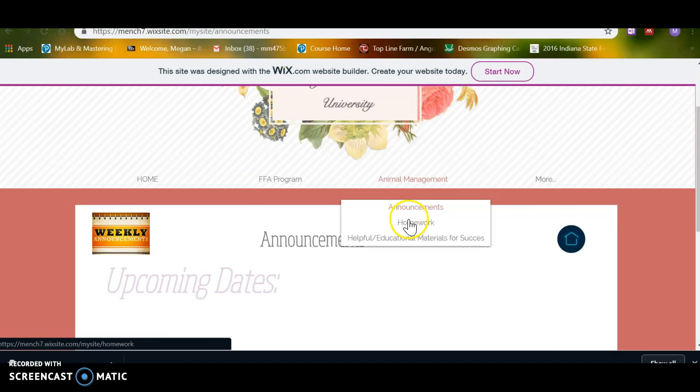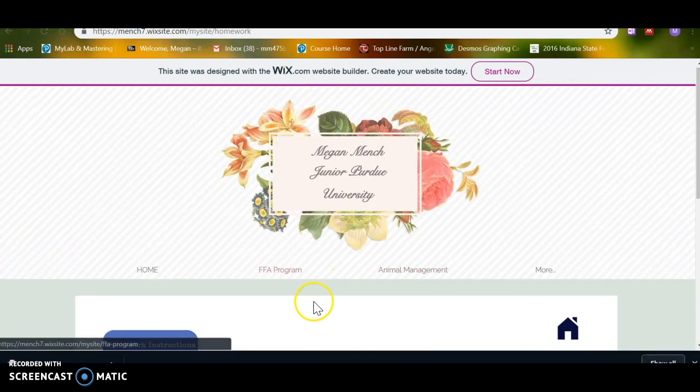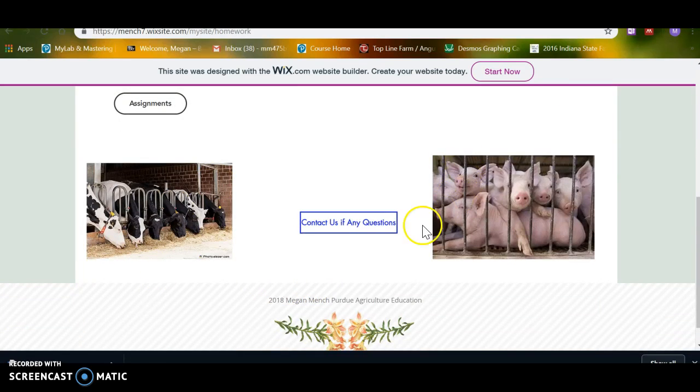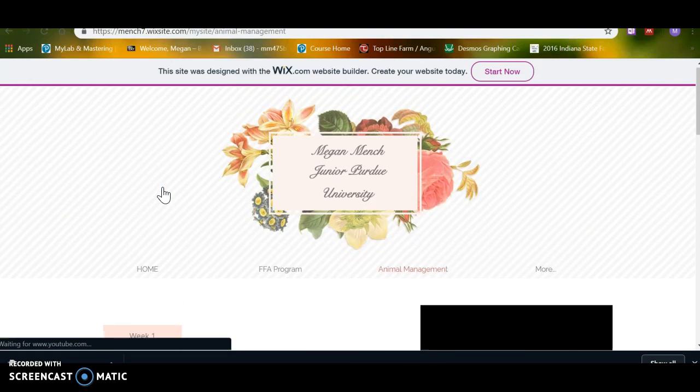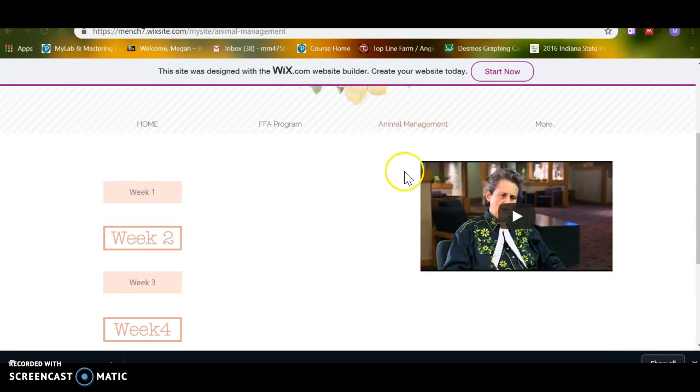So also here's the homework page. As you can see, I've got contact us, and if any questions, that just takes you back to the contact page. Homework instructions take you to a Word document that I created. Assignments takes you to this page that has a little video that you can watch to help with the week